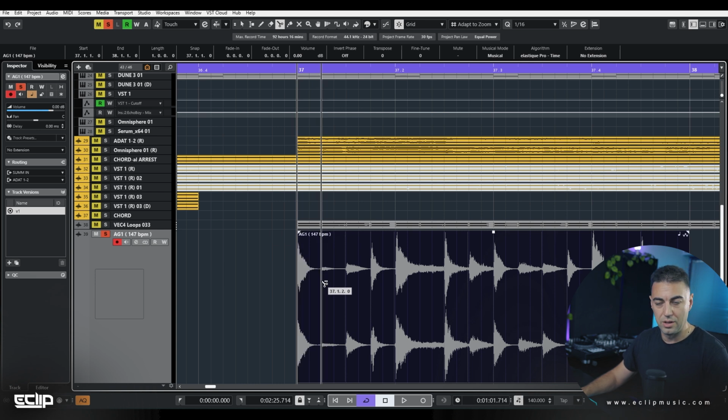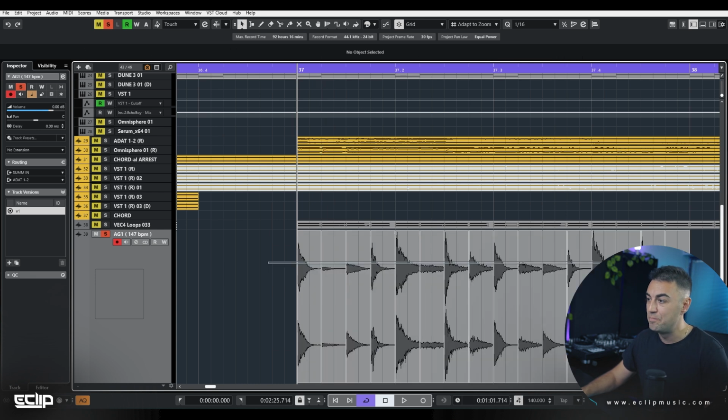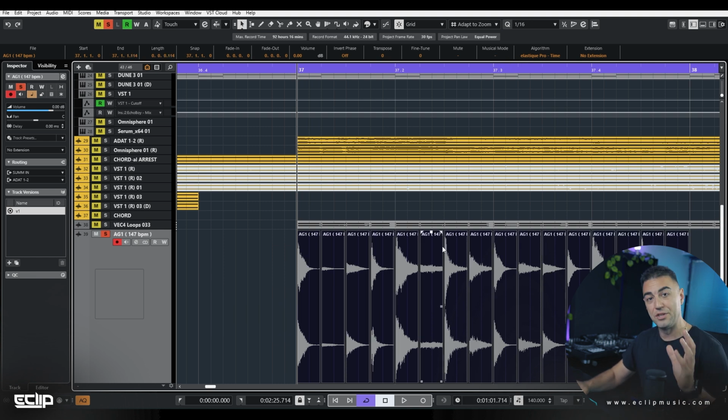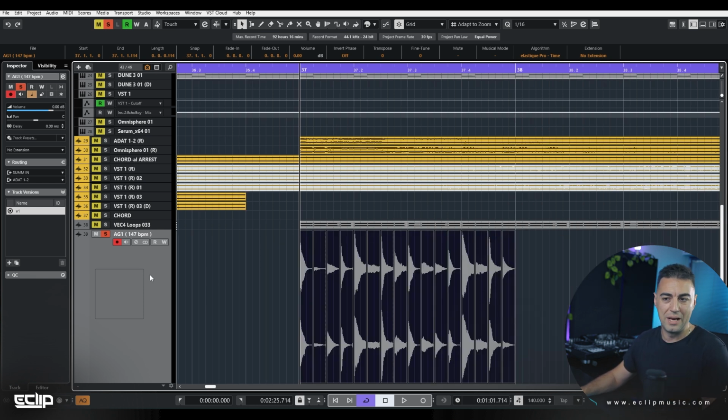I would hold Alt and click and it will cut them on exact points of each 16th. And then I will turn off the stretch mode, so I will bring them back as original because they're gonna sound the best. Once we stretch them, all these transients are going to be kind of destroyed, or the stretching does something that is not so good for the sound itself, and I always try to avoid it when it's possible. Especially for the loops it is possible, as I already explained how. So now when I play it,